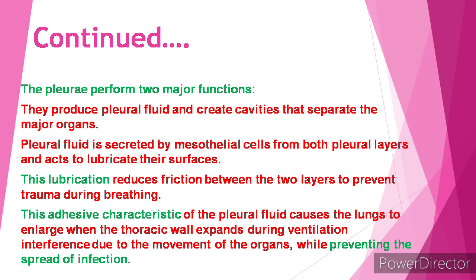So the pleura perform two major functions. They produce pleural fluid and create cavities that separate the major organs. The pleural fluid is secreted by the mesothelial cells from both pleural layers and acts as a lubricant for the surfaces, and this lubrication reduces the friction between the two layers to prevent trauma during breathing,